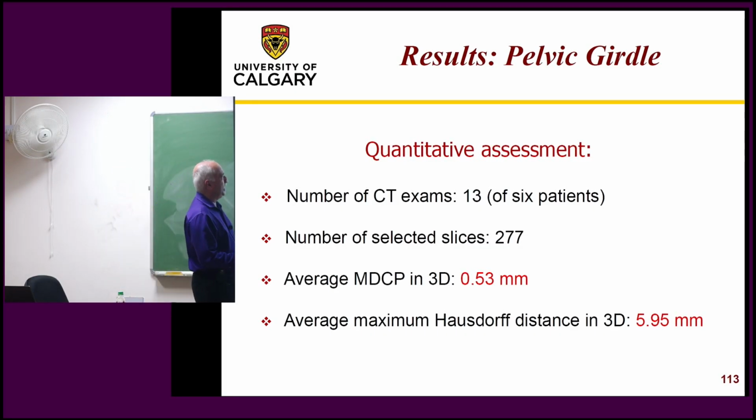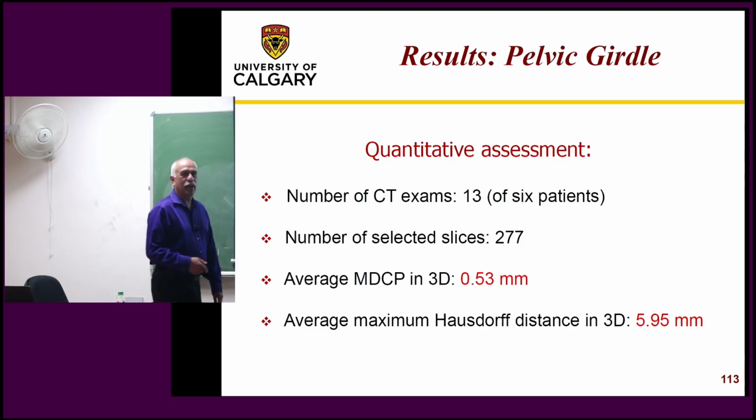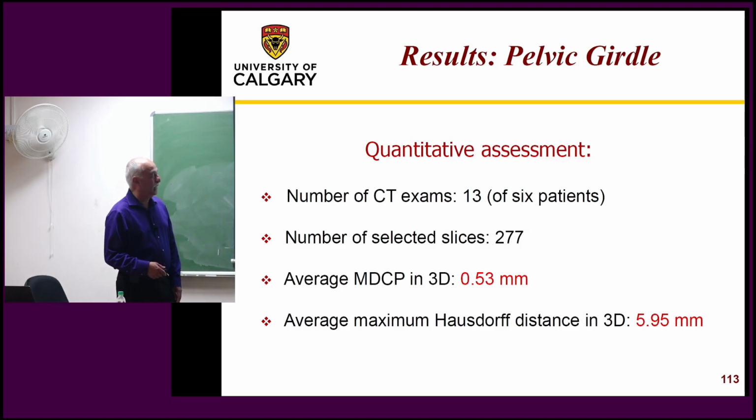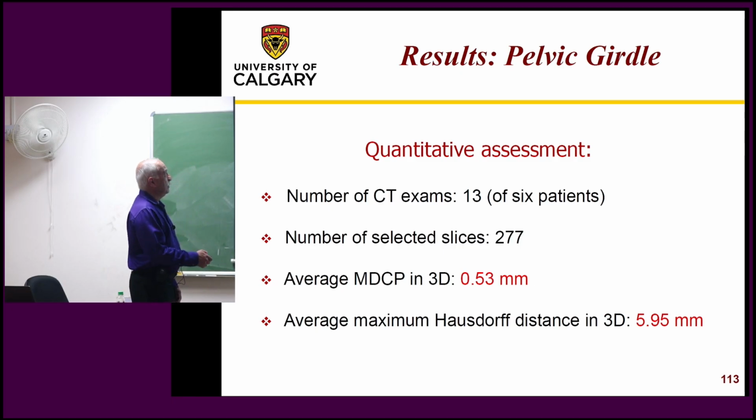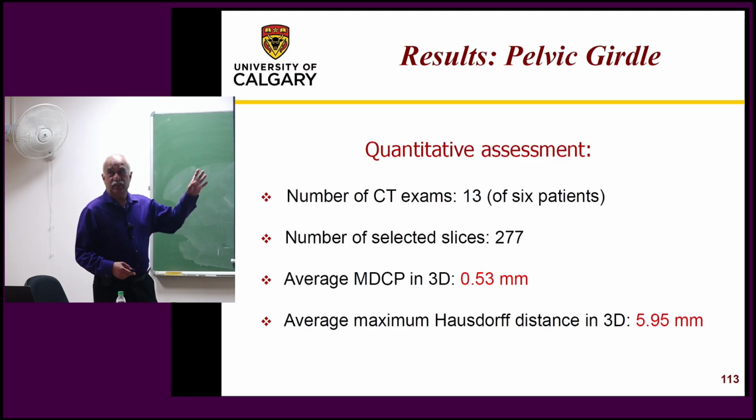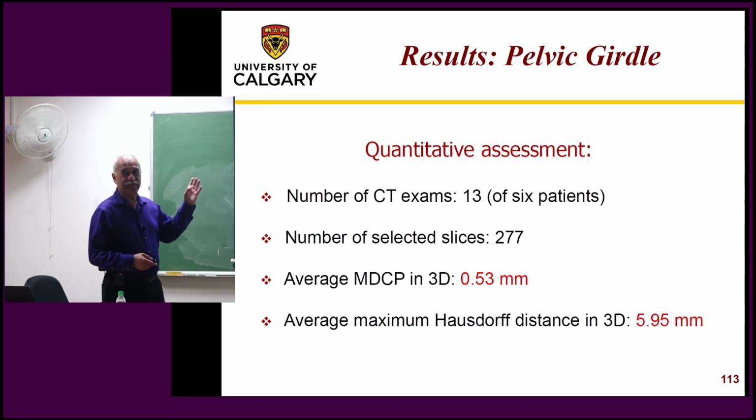The average MDCP in 3D is of the order of a pixel size within a slice. Hausdorff distance is a lot more due to some large errors in some points. So 13 exams of 6 patients and 277 slices. Dr. Bogue was very patient in drawing all these boundaries over hundreds of these slices for all of these